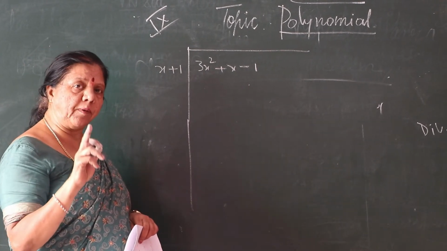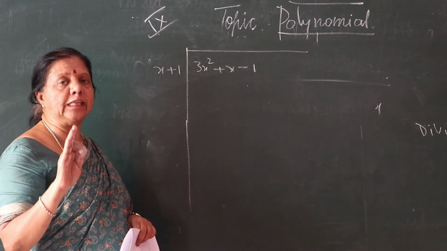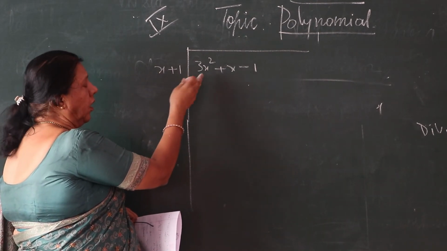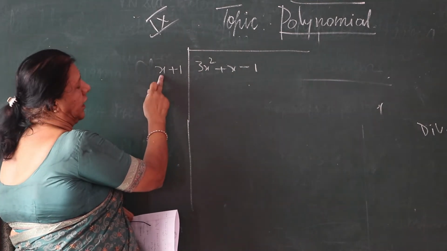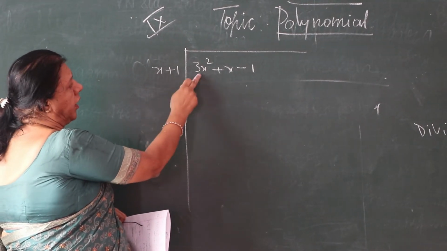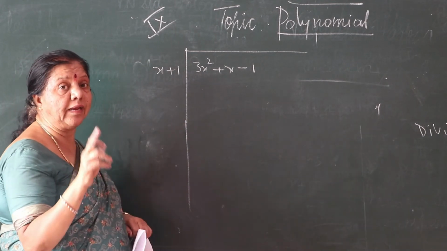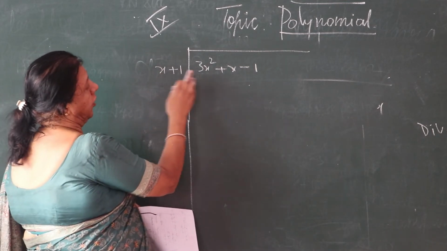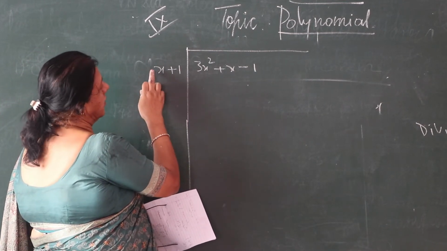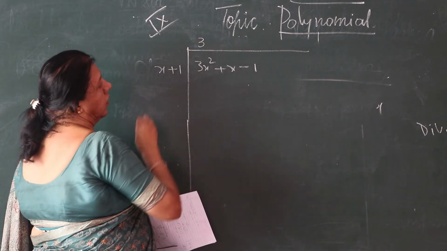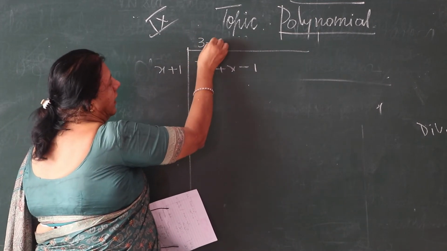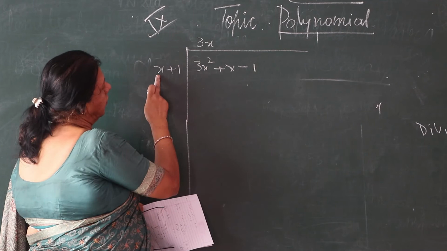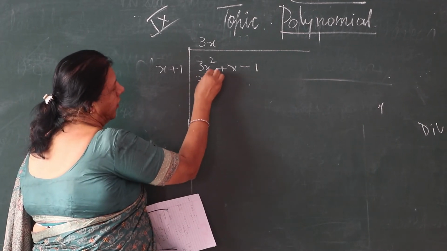You know, when you are subtracting in algebra, we have to change the sign. Now here only x is there. What number if you multiply with the x along with the variable, you are getting 3x square? That is, take it as quotient. Suppose x into what is 3 is there. It is not 3. 3x we require. And only x is there. 3x into x. Come on, children, tell me. 3x into x. 3x square.